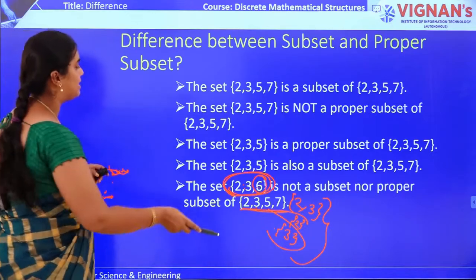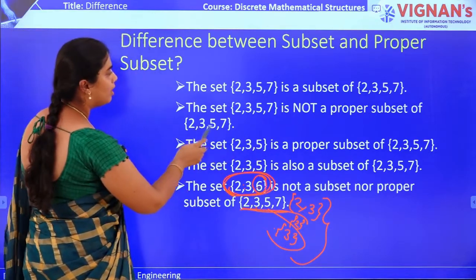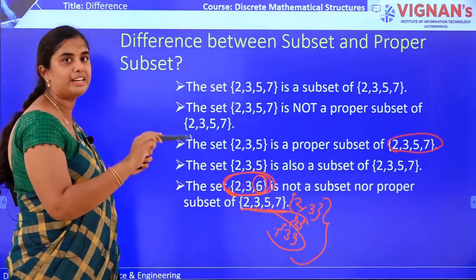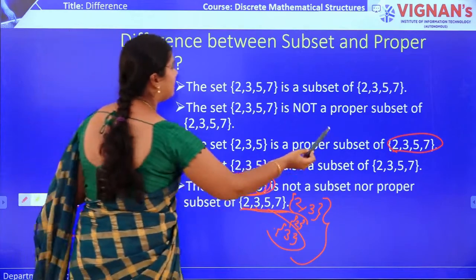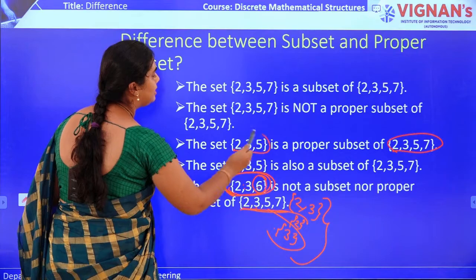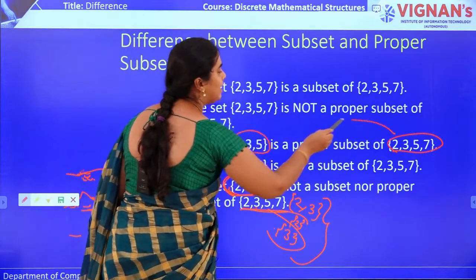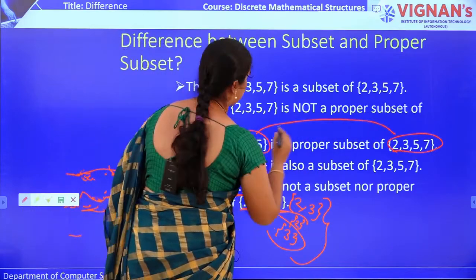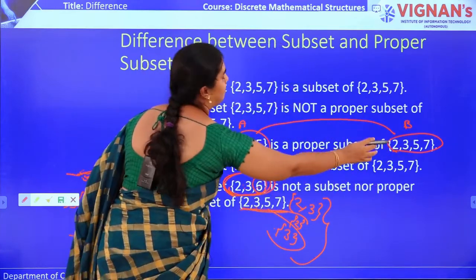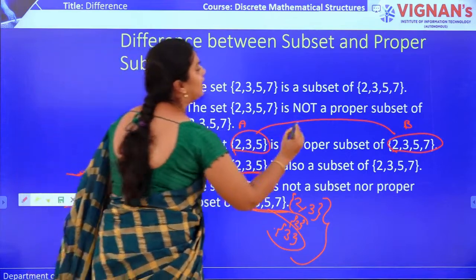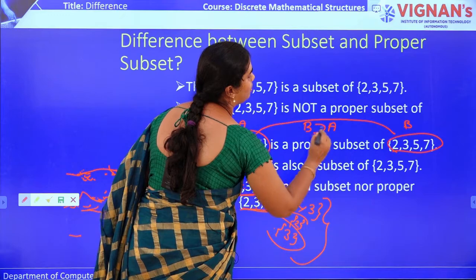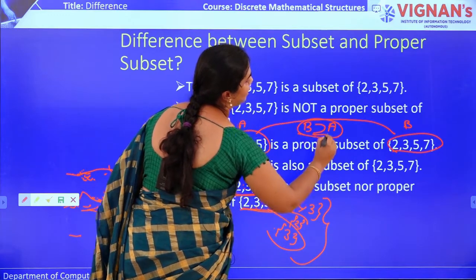And one more example I can say. See, if you consider this set, as I already said in our previous session, what is a superset? See, now this 2, 3, 5, 7 is there. It contains all the elements of this set. Then in that case, this set is called the superset. Let us suppose this is set A and this is set B. As set B contains all the elements of set A, then in that case, set B is called the superset of set A.